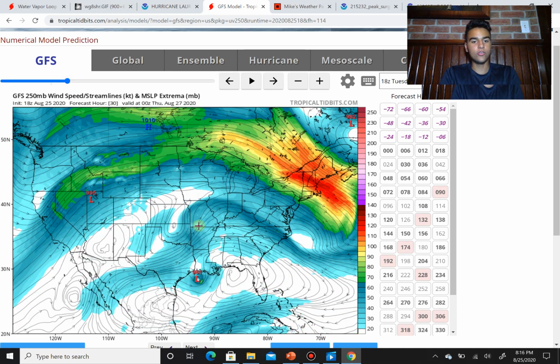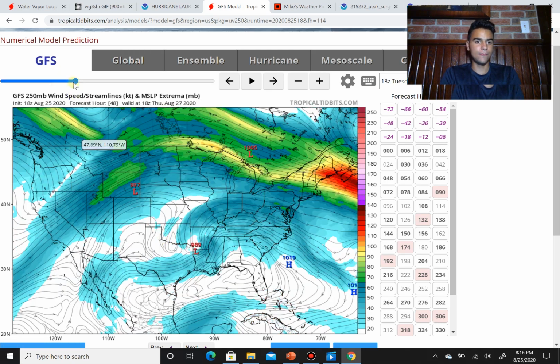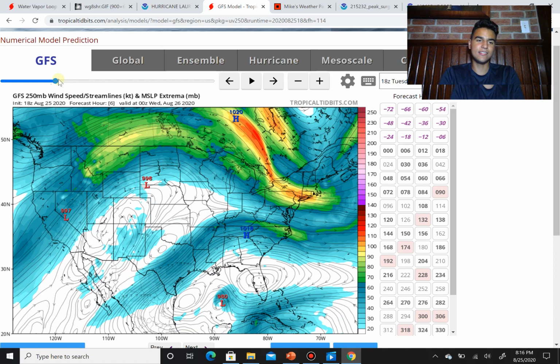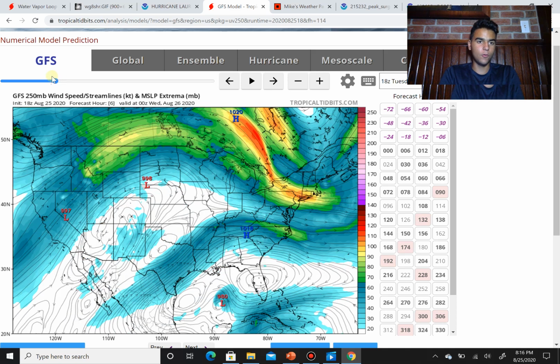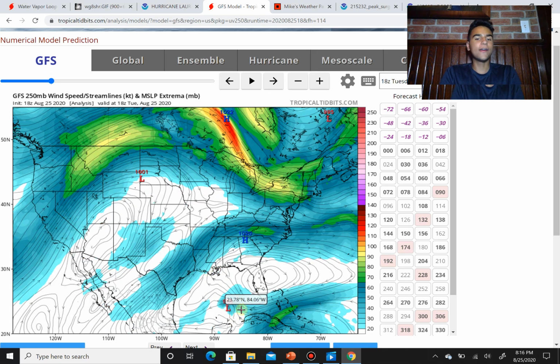So a Category 3 hurricane potentially making landfall between Louisiana and Texas is definitely something you need to take seriously, because this could be an extremely strong storm, and I wouldn't rule out the possibility this could become a Category 4 hurricane before it makes landfall, because we've seen hurricanes that rapidly intensify and go well above the intensity forecast, like Hurricane Michael, which